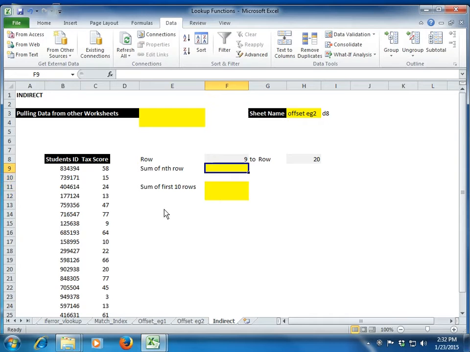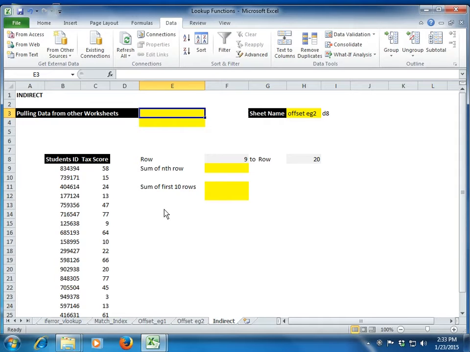Again, this indirect function is also less explored, but it's quite useful at times. When we don't have any other option to work on, the indirect function is really handy and useful. Let's try and understand what this indirect function is. As the name says, an indirect function is used when we want to indirectly refer to certain data.